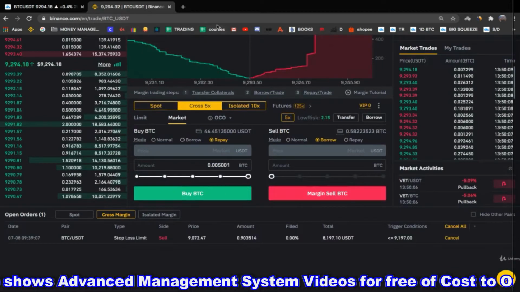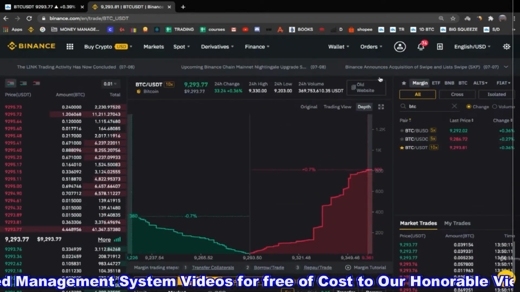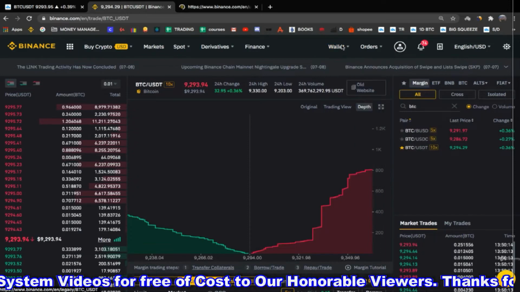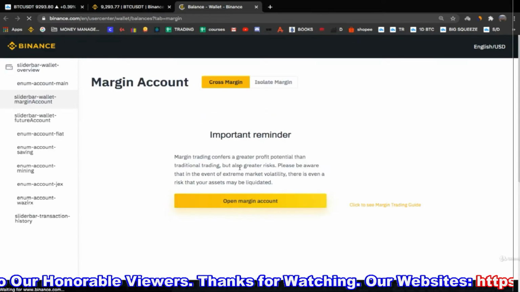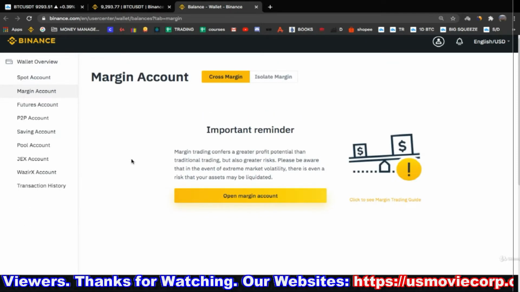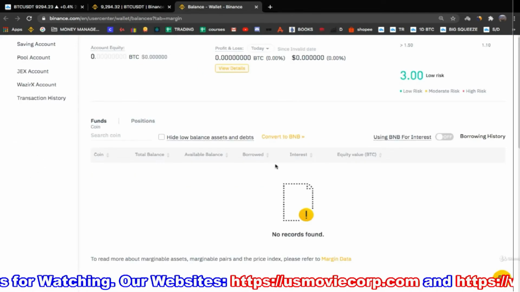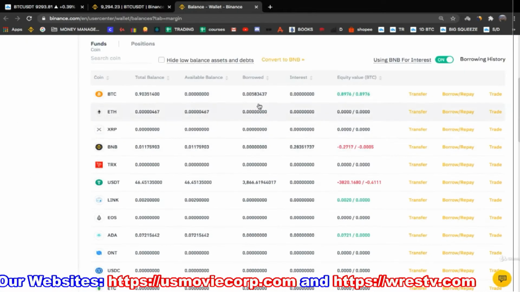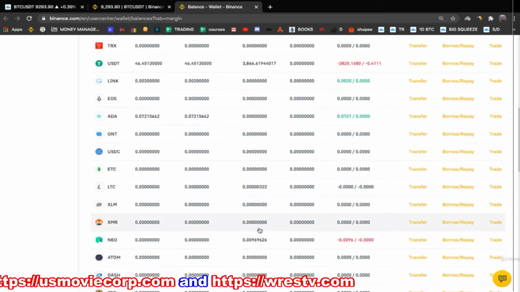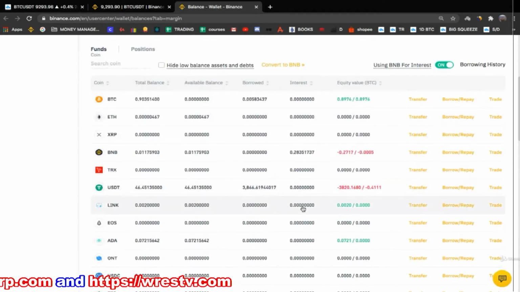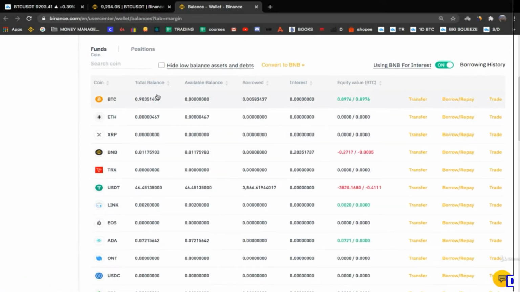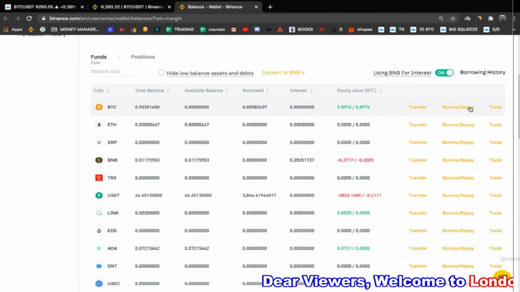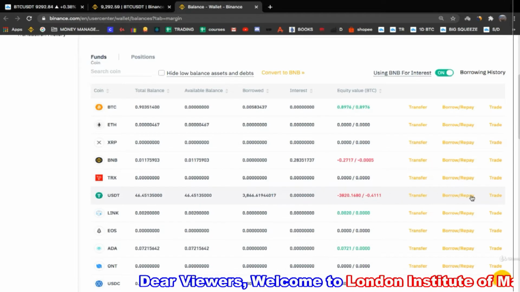Another way to see this is to go to your margin account from here, wallet, margin account. And here you can also see everything that you borrowed, right? All your loans that you borrowed, you can see from here. You will see it down here, borrowed. You will see all the amounts that are borrowed, and the interest will be right here, and the interest is in the coin, for example, the interest here will be in Bitcoin, right? It's not going to show in dollars. And from here you can also repay. When you click repay, you can simply repay as well.